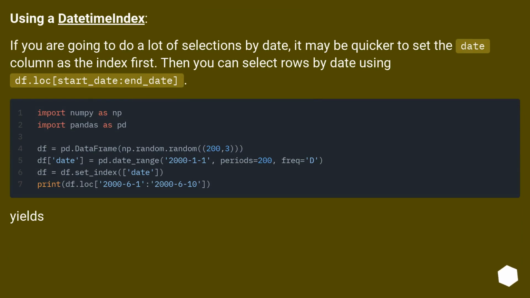Using a datetime index. If you are going to do a lot of selections by date, it may be quicker to set the date column as the index first. Then you can select rows by date using df.loc[start_date:end_date]. This yields